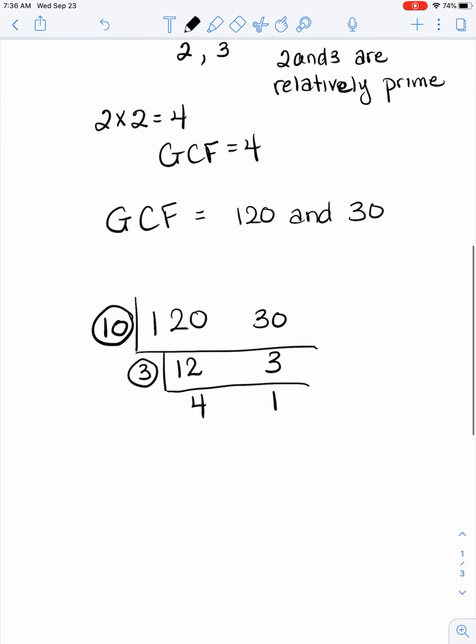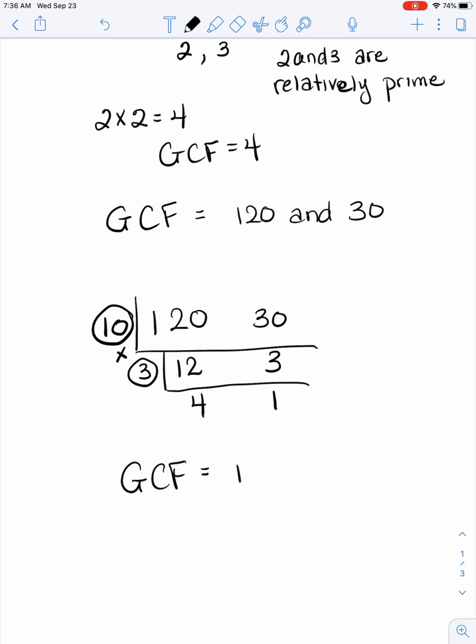1. So in order to find the GCF, or the greatest common factor of 120 and 30, I'm going to multiply the two factors together, 10 times 3, and that equals 30. So the GCF of 120 and 30 is 30. Okay, because 30 times 1 is 30,